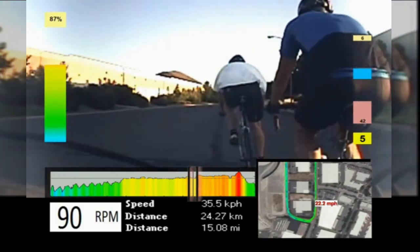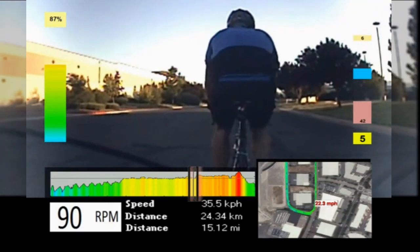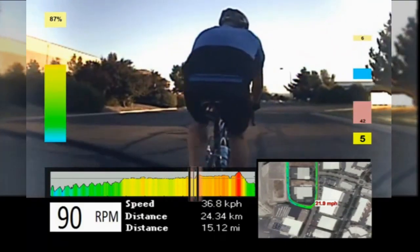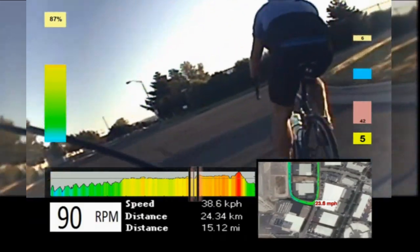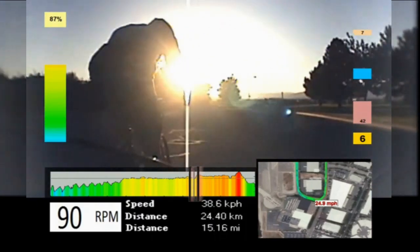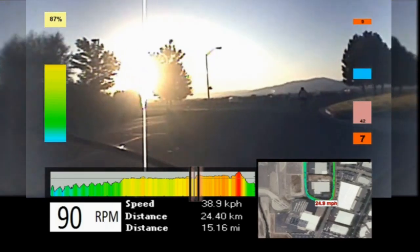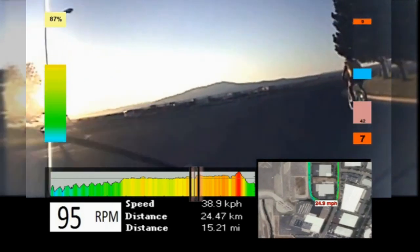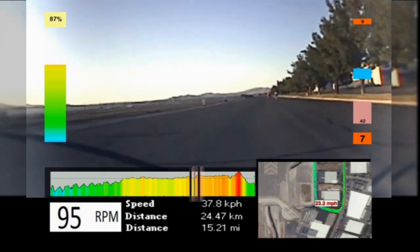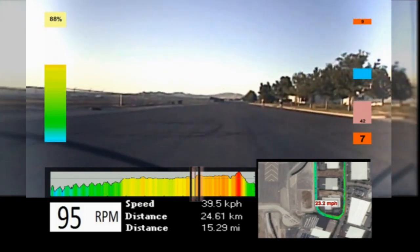Now if you know somebody in the group who you want to work with who will give you a lead out, that could be really helpful. And a lead out is simply where it's basically a pre-sprint. The person who is helping you wants to help you win. What they'll do is let you take their wheel, and then at the precise moment they start their sprint,